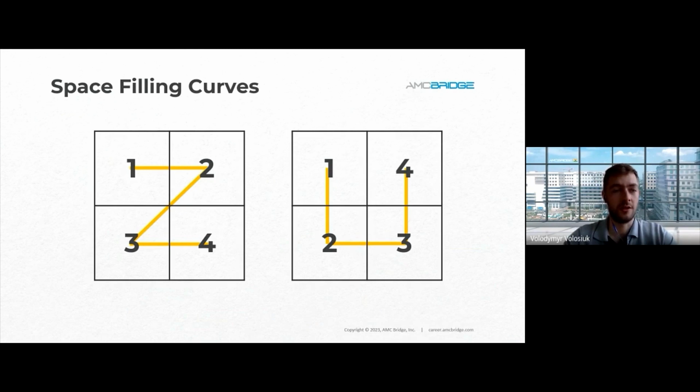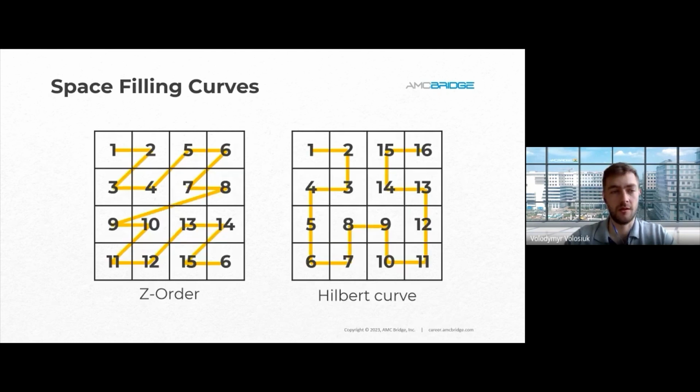So first of all, let me give some basic understanding of this. Imagine we have a grid of like 2 by 2 elements. We can present some mapping from 2-dimensional space into single-dimensional space by indexing each cell in this particular way, or, for example, in this way. We can make it even more complex, like higher resolution, and provide some indexing, like is described on this picture. So we define some indexing rule.